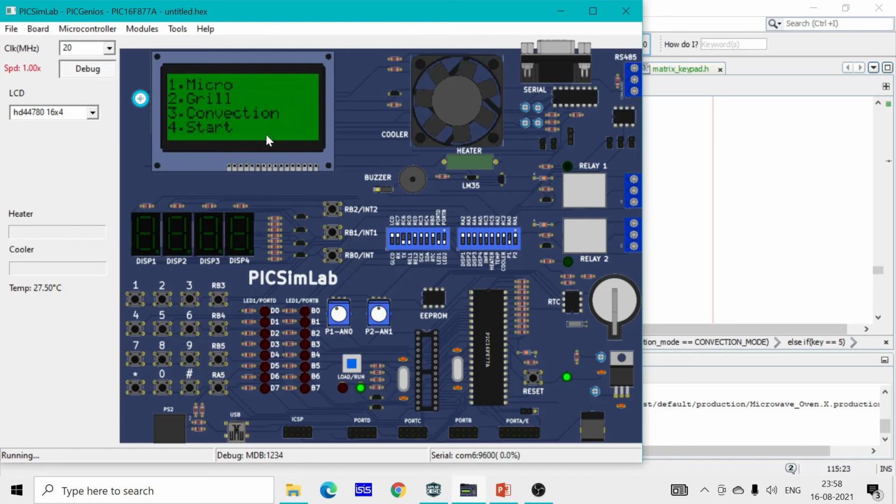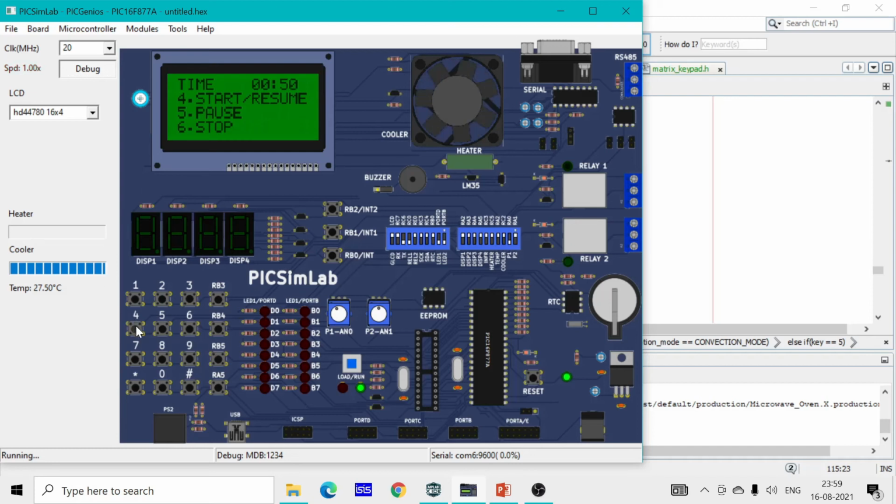So after 5 seconds this shows the time is up, and now I want to select the grill mode similarly by pressing the key number 2. Here again the time is blinking for selecting the time, and I again press 5, press hash. You can say that here the 4 is used for resume, and also for the start. So if I press the key number 4, then it proceeds, it is increased by 30 seconds.